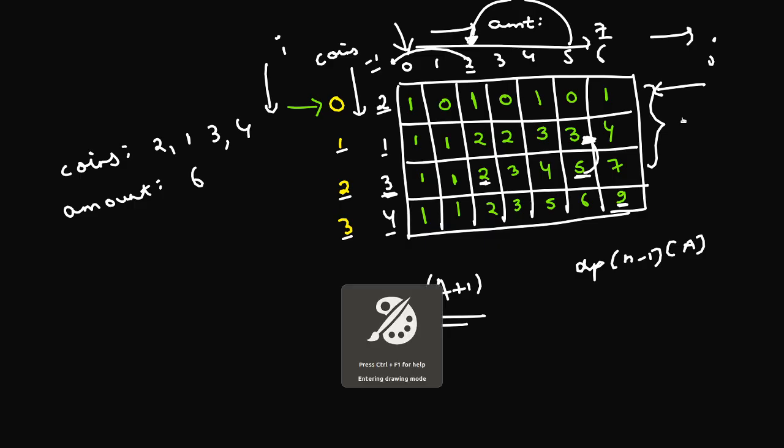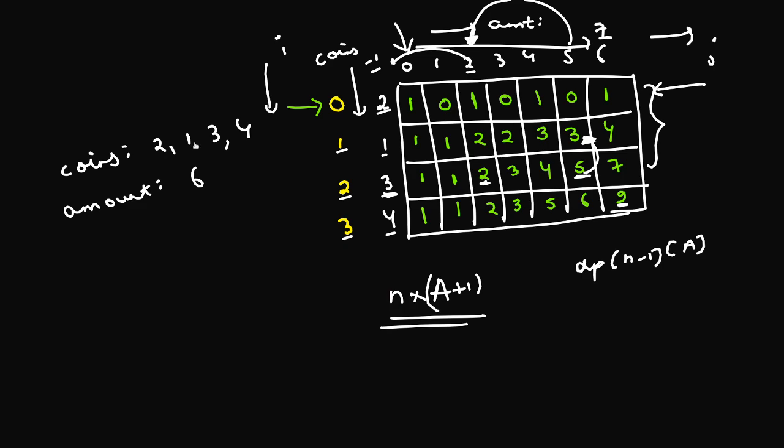So one thing to notice here also is, many times people are confused whether I need to sort these coins in order to use this knapsack table to compute this, or I can process the coins in any order. So you can see that I have not taken the coins in sorted order here. First I've taken the coin of denomination 2, then 1, then 3 and 4, which is not the sorted order. So you don't need to sort these coins in order to run this algorithm.